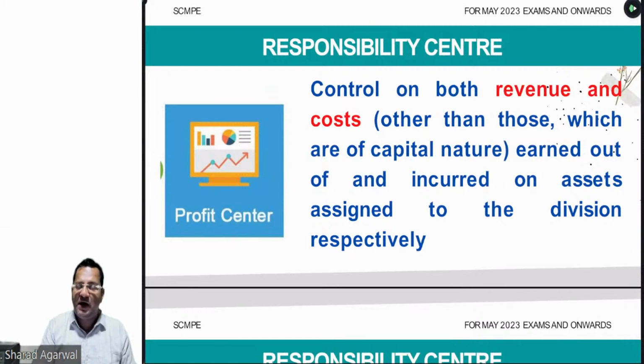Not only will that department control and reduce the cost, but that department also wants to maximize the profit, because profit दो तरीके से बढ़ सकता है. Either we can maximize the profit, or a better way is to control the cost, and if possible reduce the cost without affecting the quality and functionality of the product. So, profit center. Now, please give me an example of a profit center.